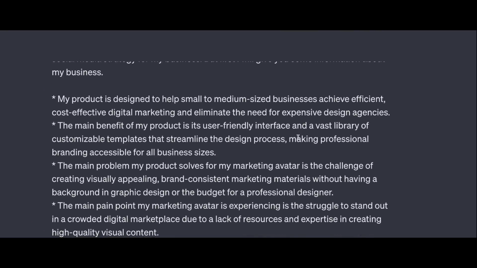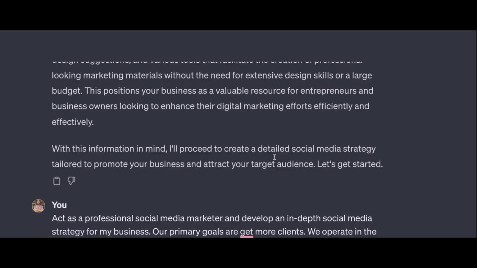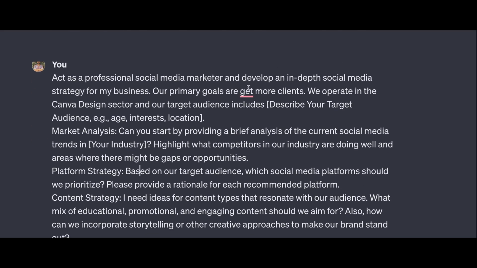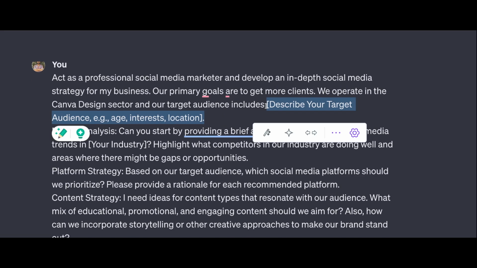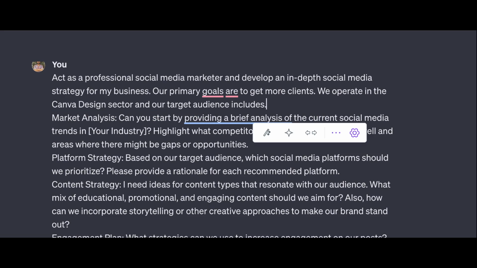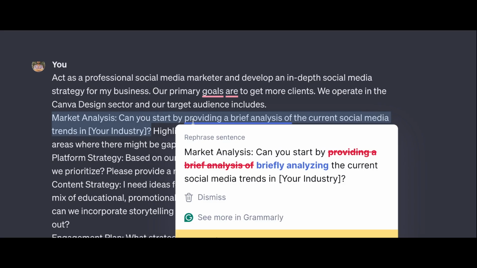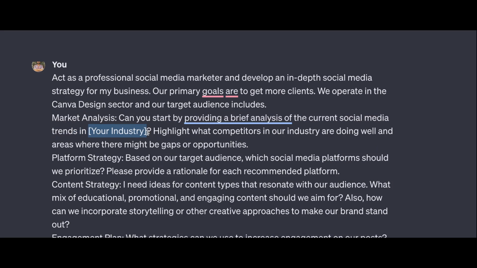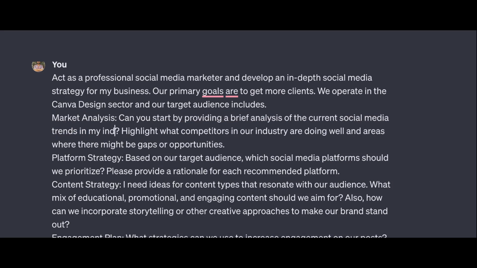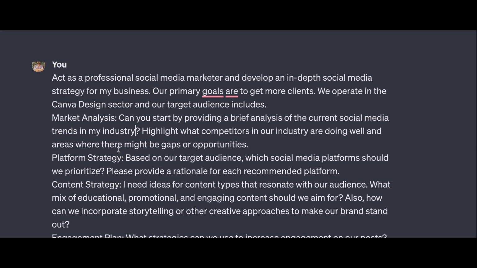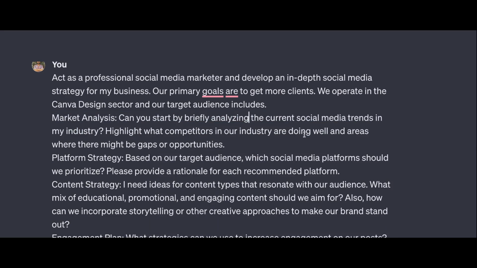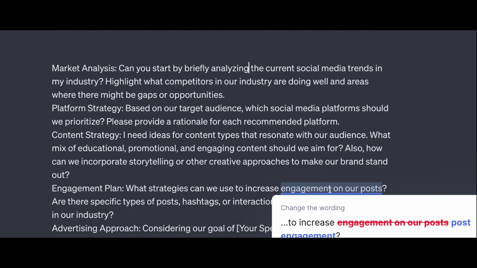So, to get more clients, and then we can remove all the rest because we've given that information before. In my industry, let's just make sure that we remove any other fill in the blank that is here.